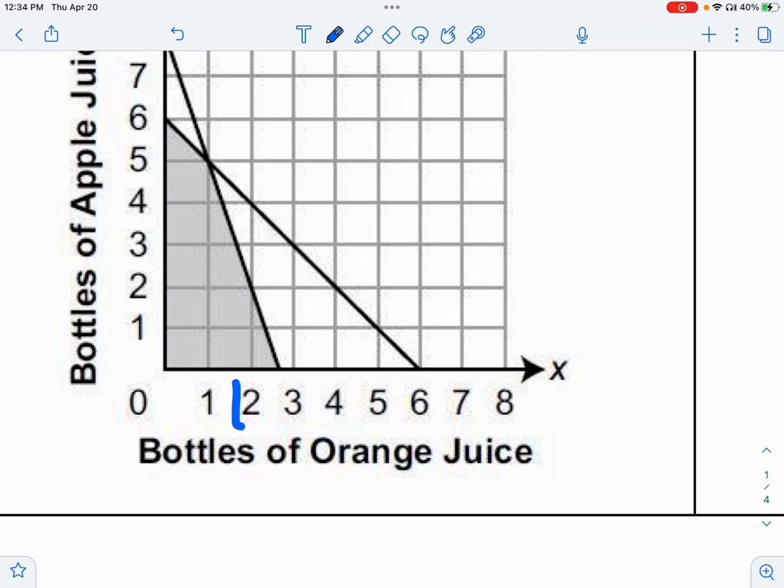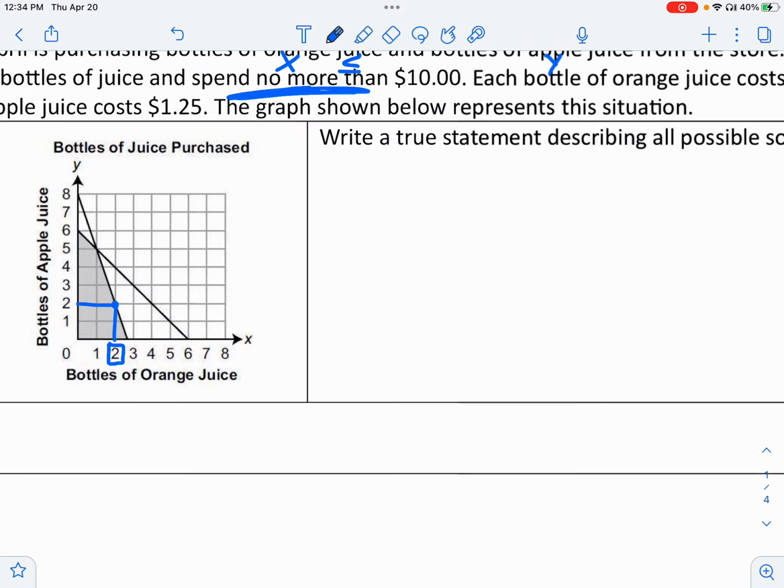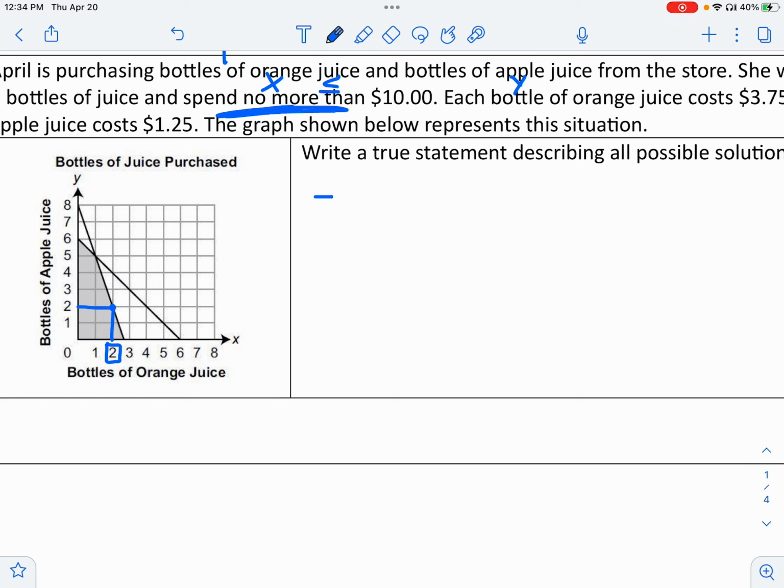So here's where x is 2, and here's where x is 2. So when I look at this graph, I can say that if she buys 2 bottles of orange juice,